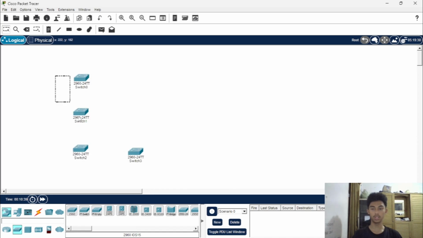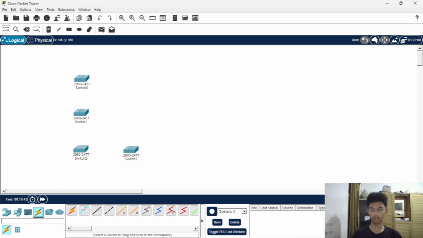We have 4 switches and then use automatic connection for all of the switches. After that, we will configure each switch port to trunk mode.